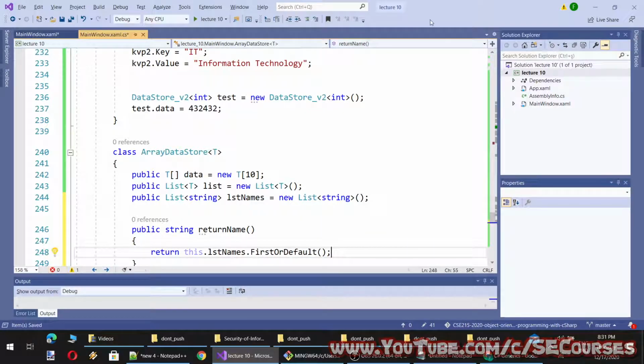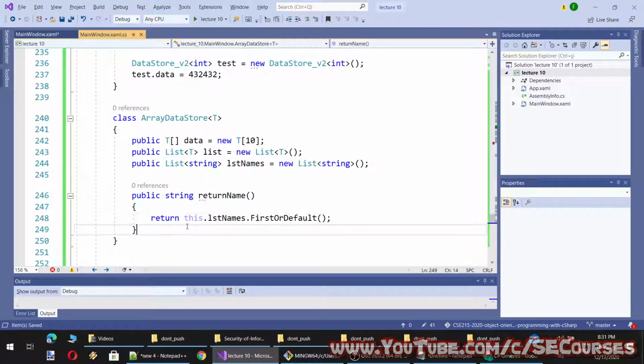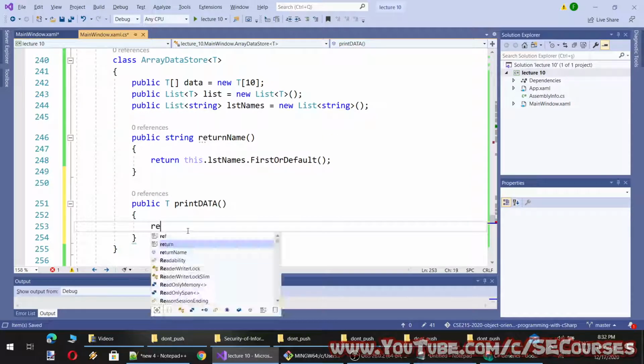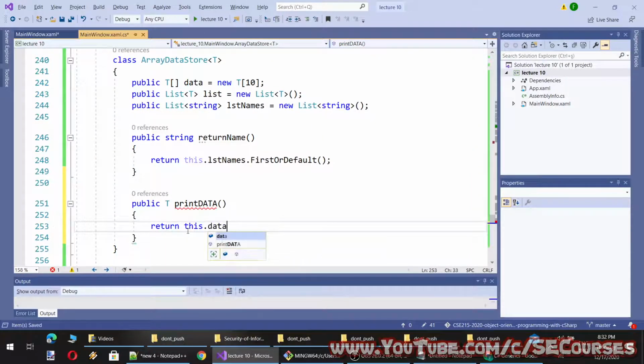Okay, so this works, or I can have another method, public T. This will return a T type and print data and return this data 0.